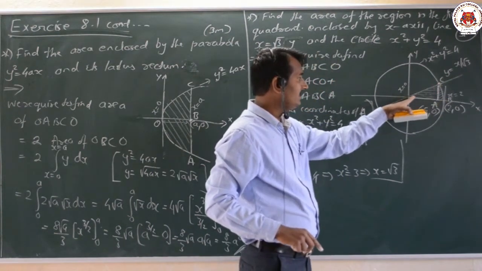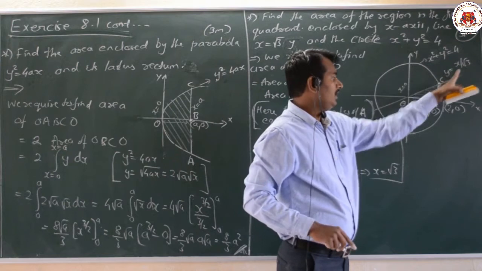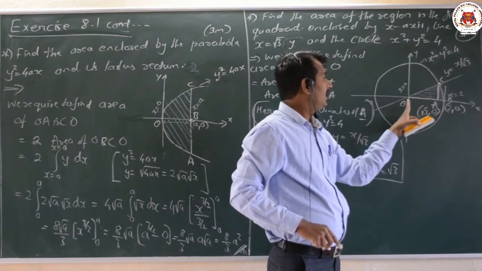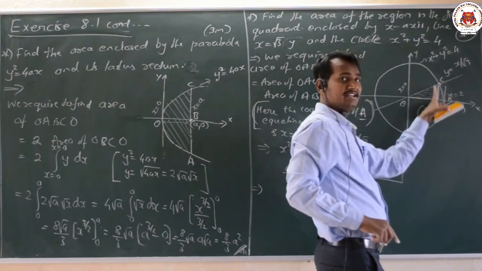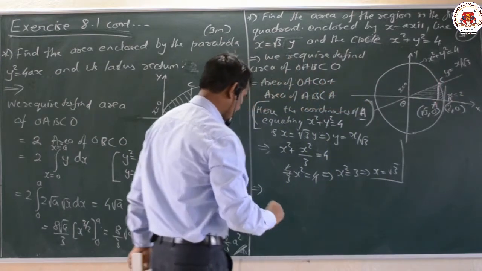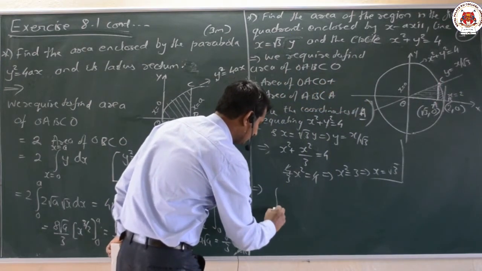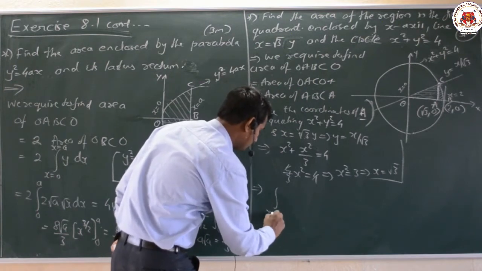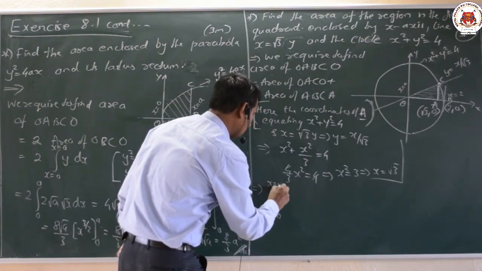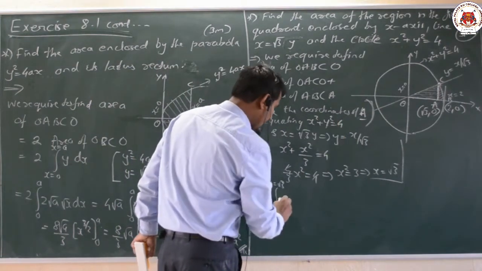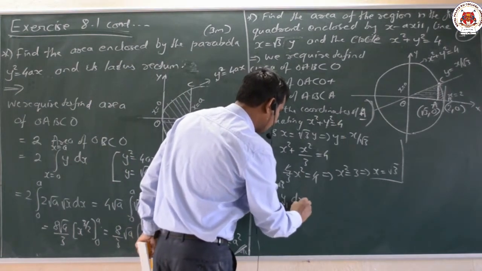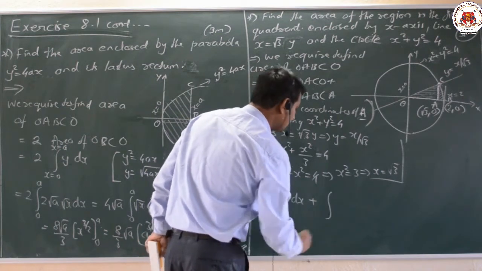What is this line here? y is equal to x by root 3 along with the x axis, and x equal to 0 and x equal to what we have here, that is x equal to root 3 line it is. Okay, that we shall substitute, which is equal to the integral from x equal to 0 to x equal to root 3, then y1 dx plus here next one,